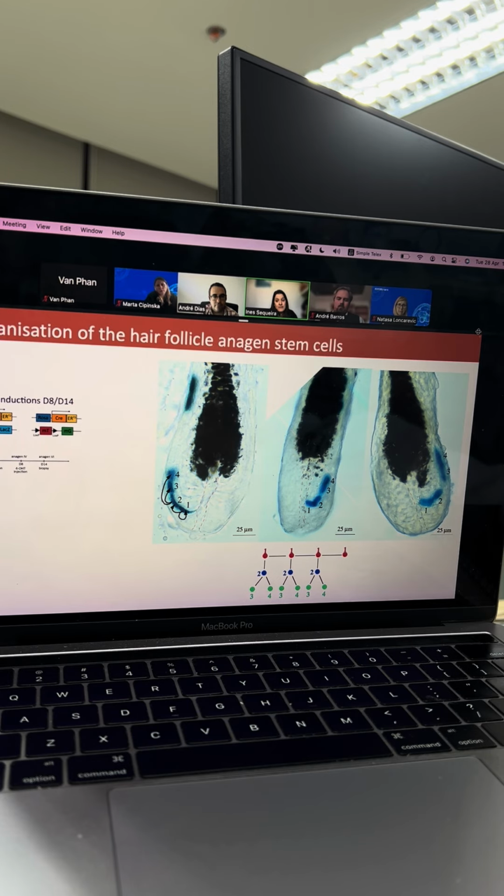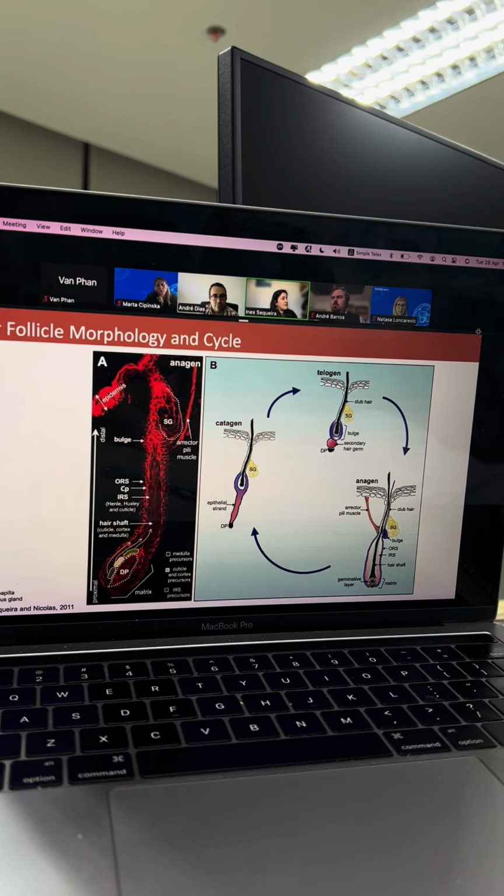Now the long term, those live in the bulge, which is in the upper region, in the bulge and in the hair germ. And we have another story. I'm happy to have a chat with you separately about it. Really looking at the contribution of the hair germ cells and the lower bulge cells to the renewal of the hair follicle, and how they are already